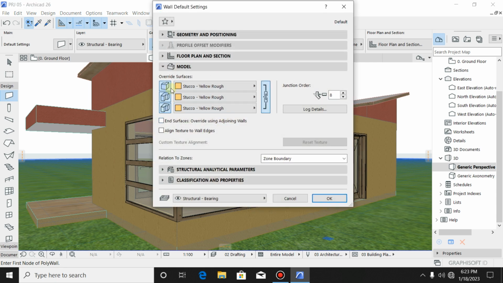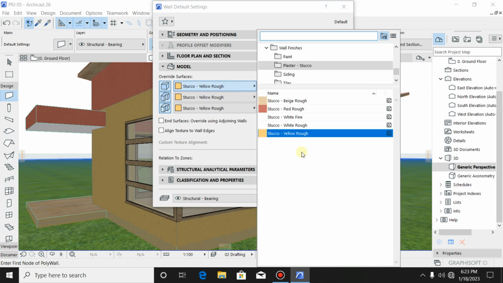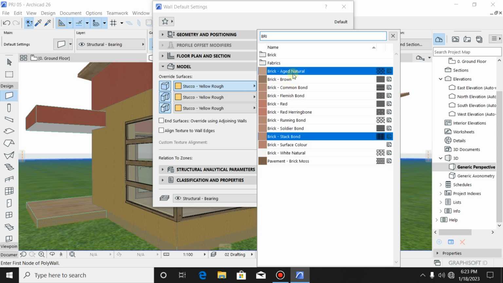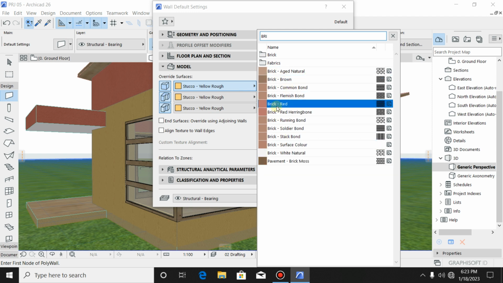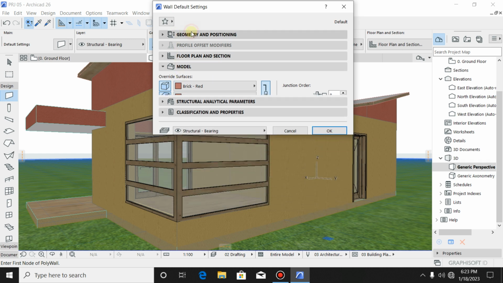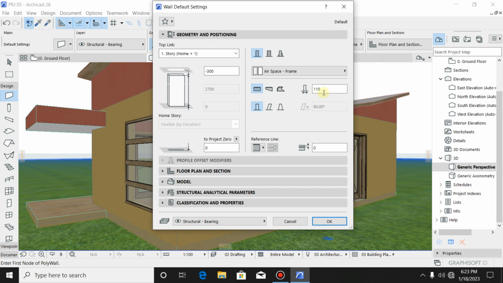We were already using stucco yellow rough, so we'll change our surface to, let's use a brick. We're gonna be using brick red for this. So under geometry and positioning, we're gonna keep the length to 110 as it is, and also we're gonna change